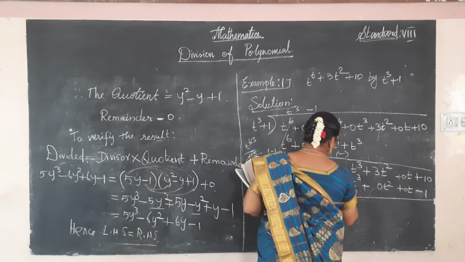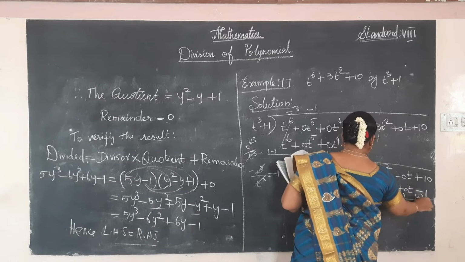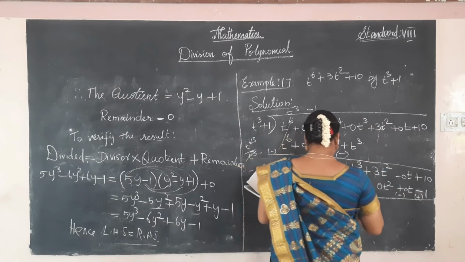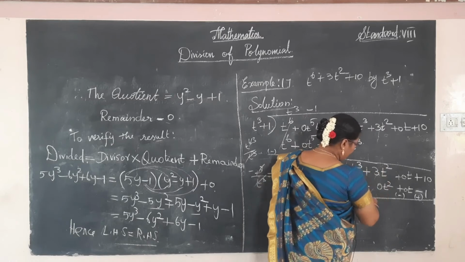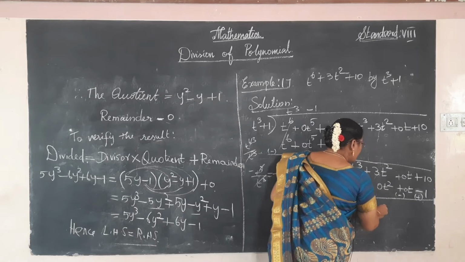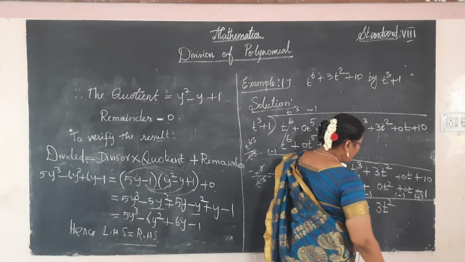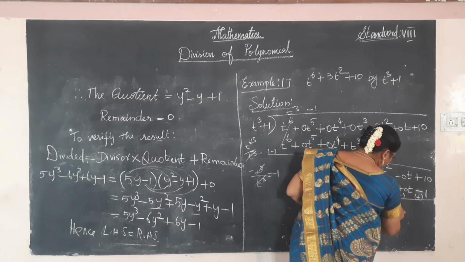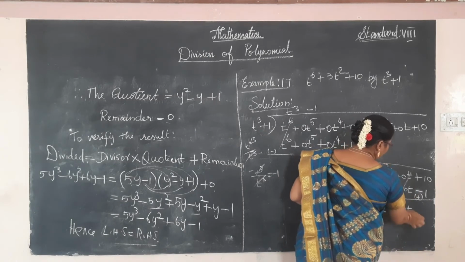So this term changes to its additive inverse. The first term will be cancelled. Here two different signs come. What do we do? Subtract and put the greater number's sign. So 3t power 2, the greater number's sign is positive, and then here this term is 0t. It's cancelled, no need to write it in this place.